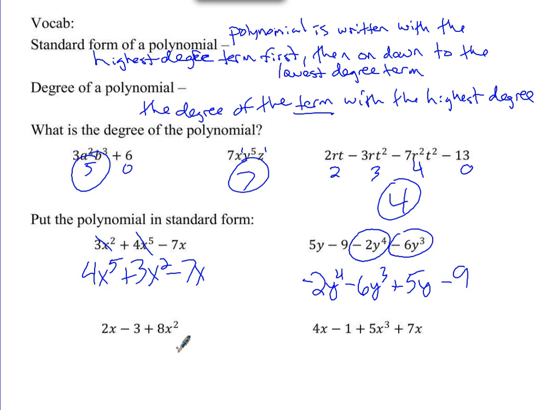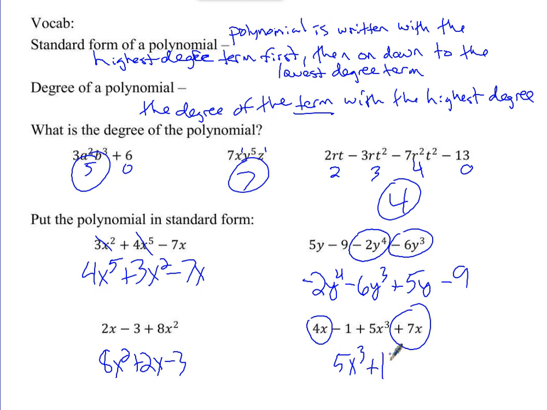What will we have for that one? Yep, good. And that is a trinomial because there's 3 terms. And how about this one? You can add those. Notice that we have 4x sitting here and a positive 7x sitting there. Those are like terms. I can combine them. What do I get? 11x. So I write plus 11x